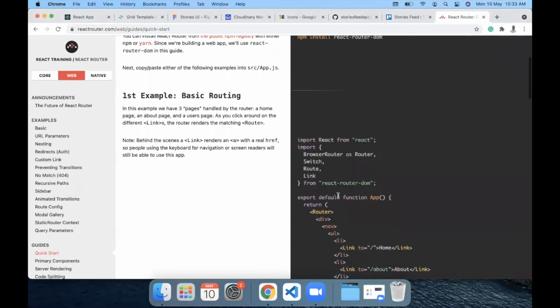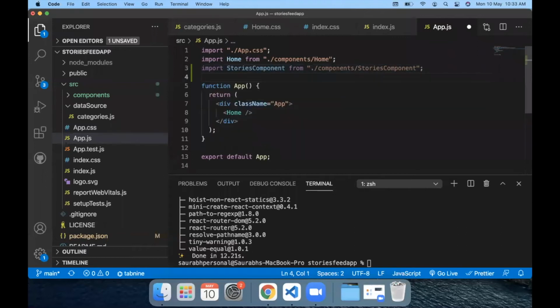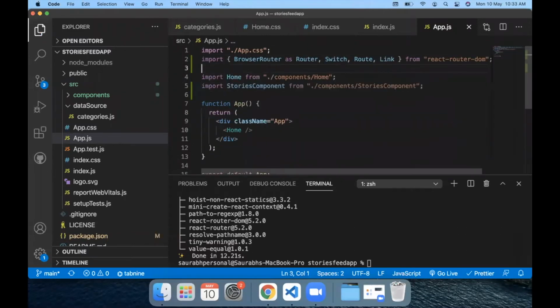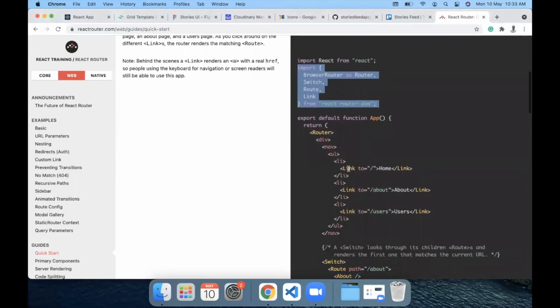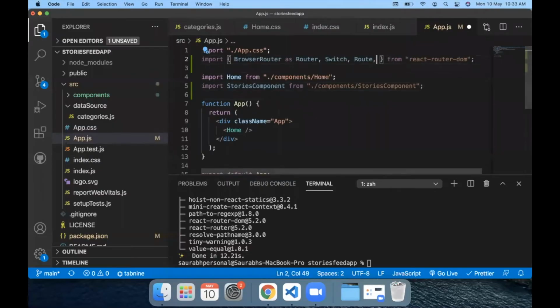And after that we need to add these properties from the React Router website. So essentially we are going to use the Route component to create the route for our application. So let's just copy the React Router DOM dependencies. I think we won't need the Link tag, so I'm going to remove that.